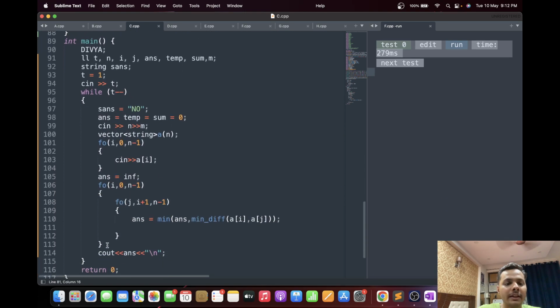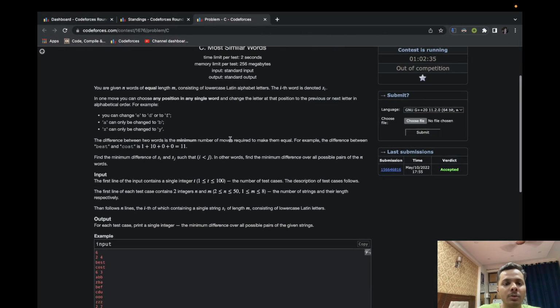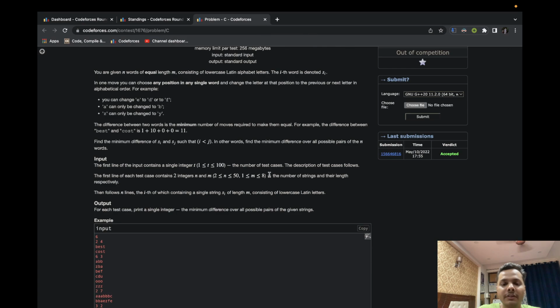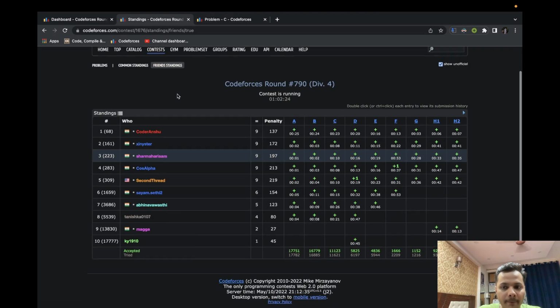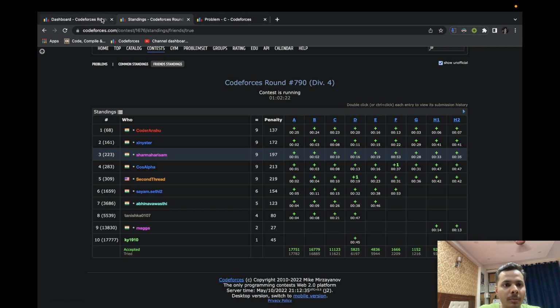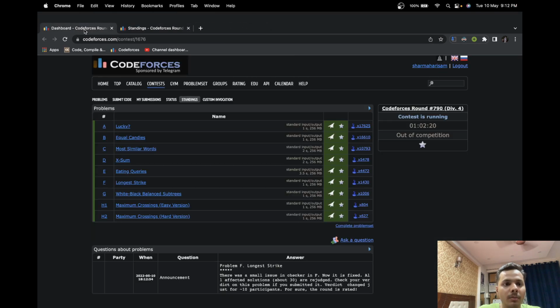Then you can just iterate over all pairs of strings and find out the difference between them. It's pretty easy to do that, and it will definitely fit in the time limit because the constraints here are pretty small. Okay, so that is pretty much it for problem C. Now let's move on to the next problem,